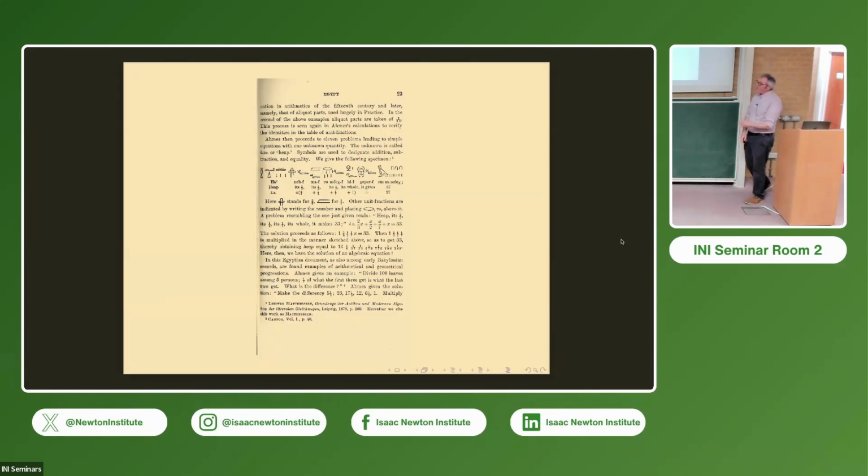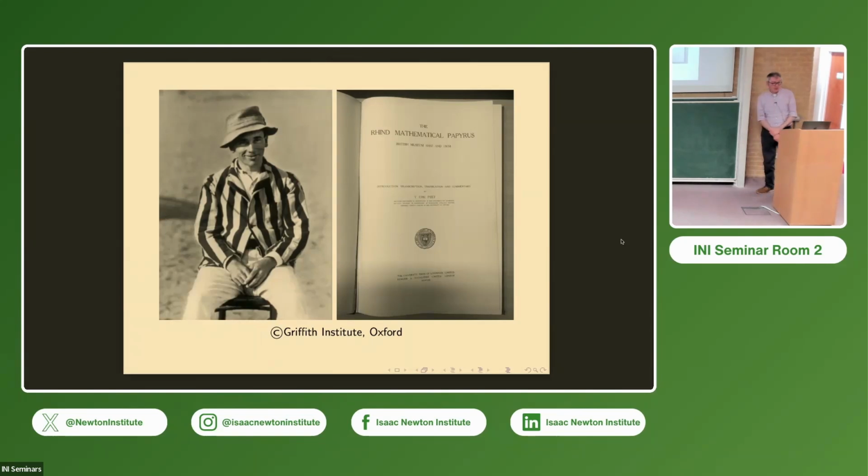So there are piecemeal corrections to Eisenlohr's text at the end of the 19th century, but for an entirely new and full edition of the papyrus, we have to go to 1923, to an edition produced by this man. This is one of my favorite characters in this work. I find him a really interesting figure. This is Thomas Eric Peet, who is an Egyptologist, but someone who'd first gone to university at the beginning of the 20th century and studied a year of mathematics, and then decided he didn't want to do that and became a classicist.